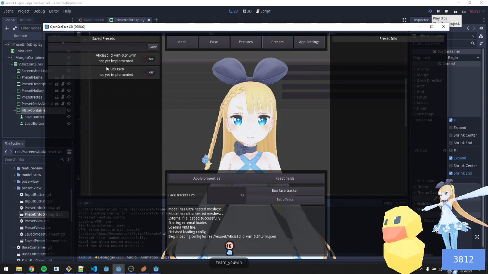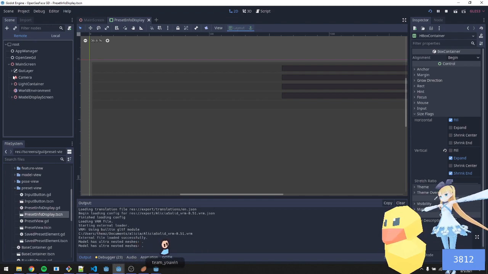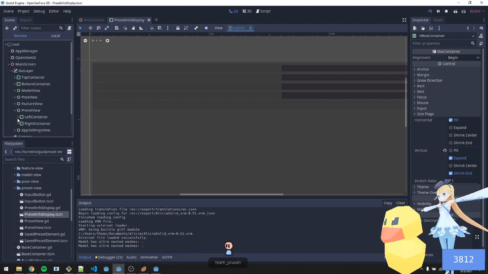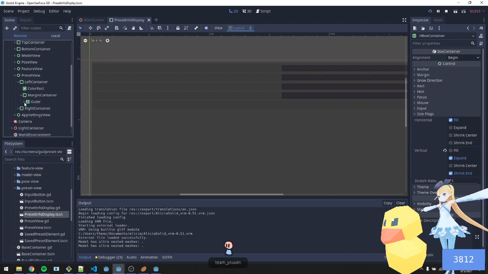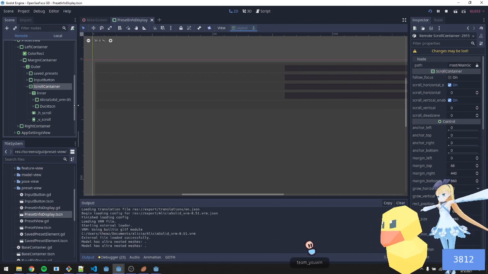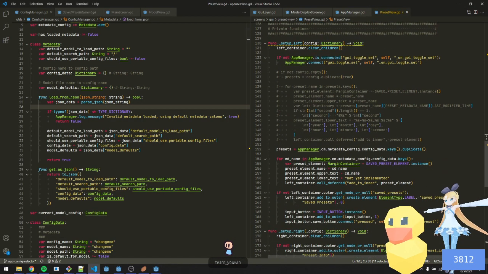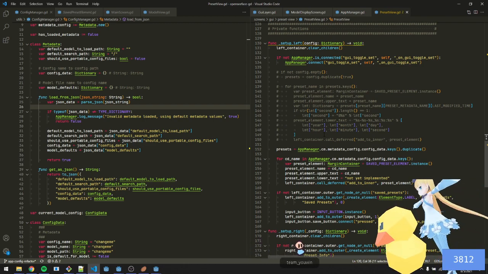So node names cannot have periods in them. And I believe they also cannot have dashes in them. Let me check that really quick. So preset view, left container, margin, outer, inner. Let me see. No, we can have dashes, just can't have periods. So I'll need to go into each preset and